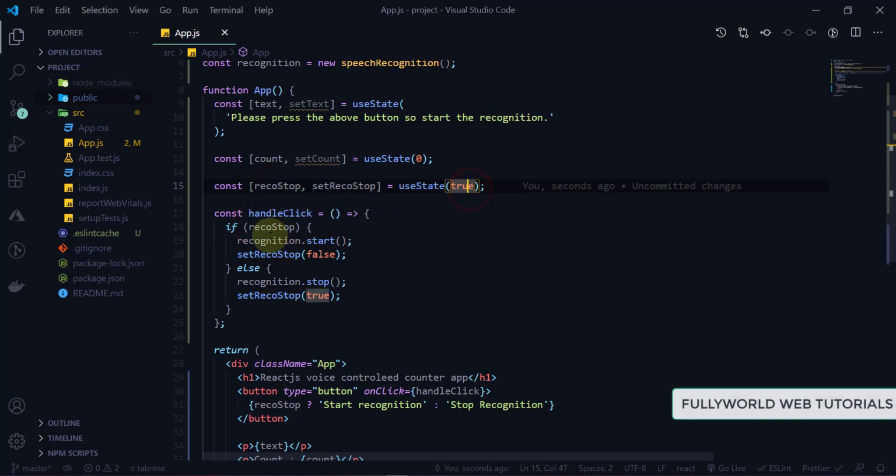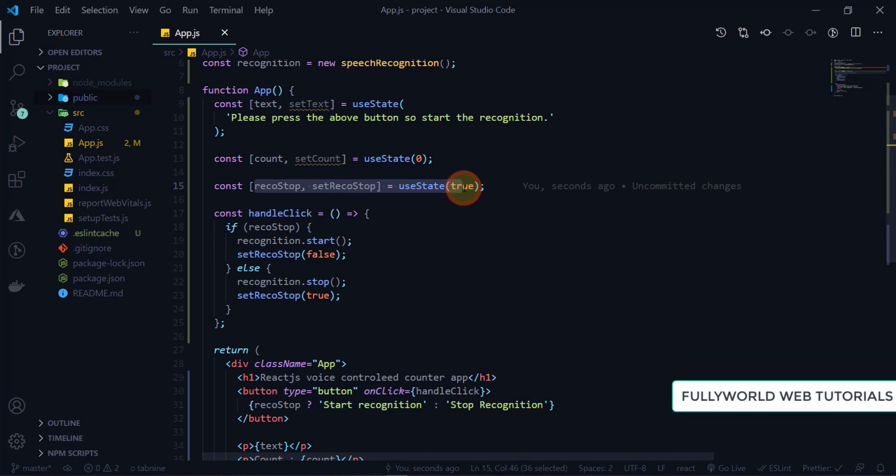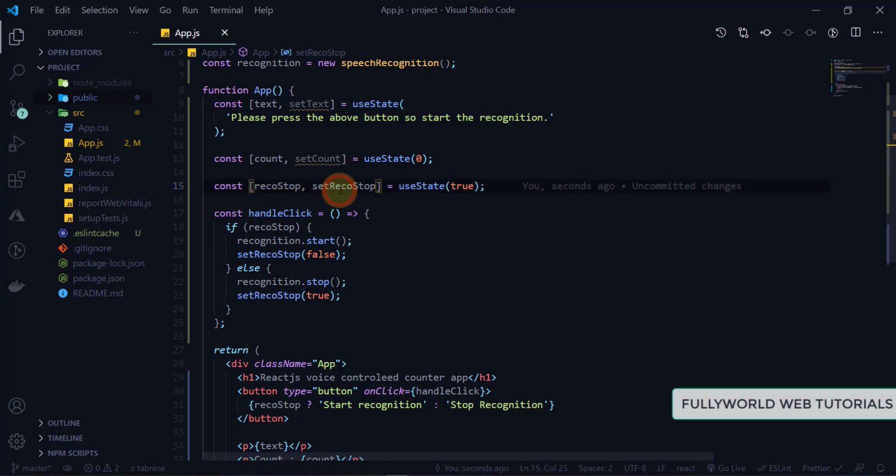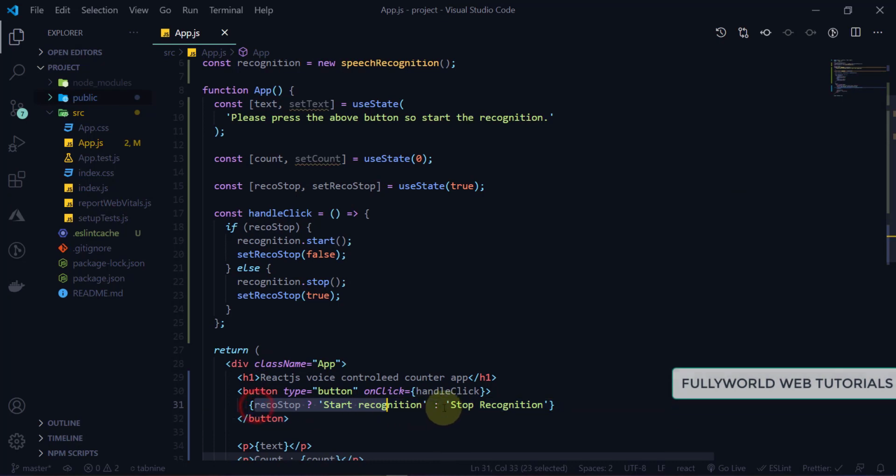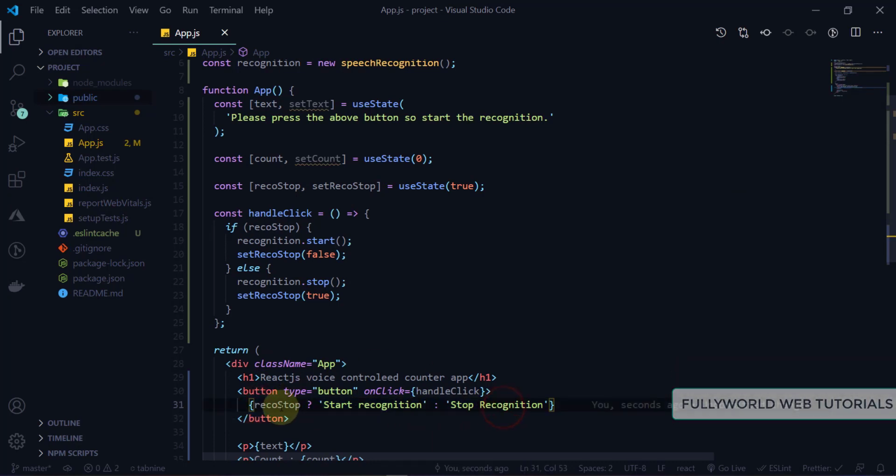It is true, so it will start the recognition, and after that it will set reco stop to false. As it is a state here, if the state changes, this will change too. So now reco stop is false, so it will show stop recognition.